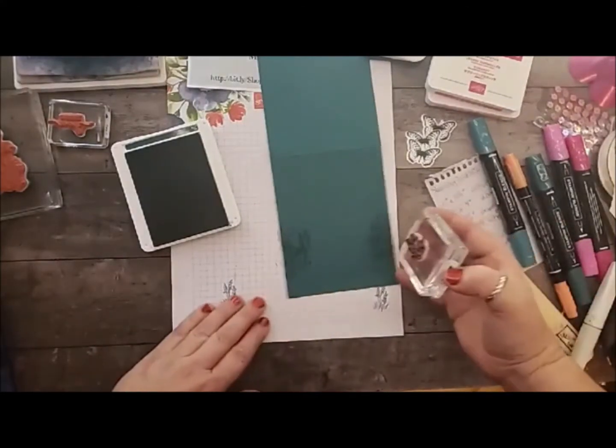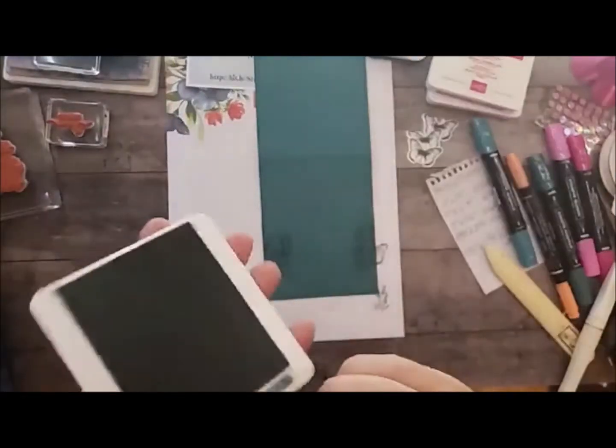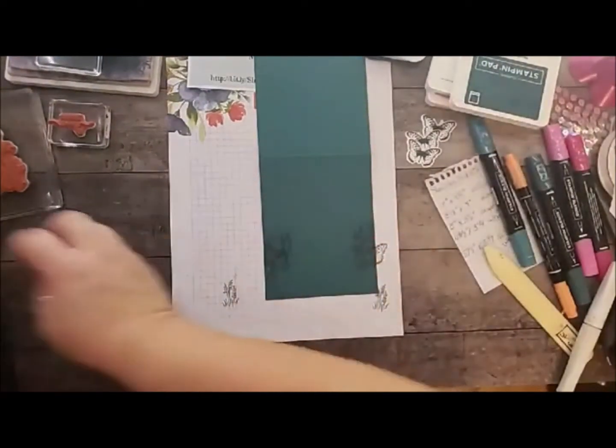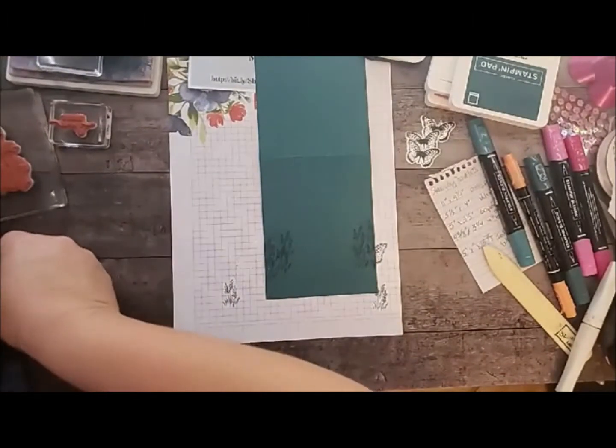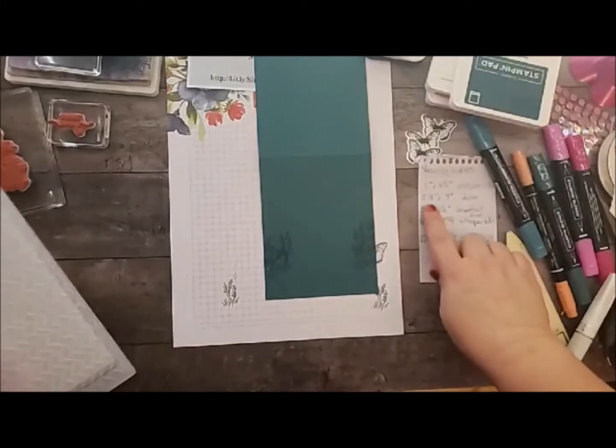Just like that. Isn't that pretty? So pretty. It's just a little bit, so you can't really see it, just on the edges. I don't know why, I just like the way that looks going off. And then we're going to cut a piece of the vellum cardstock, and again, it's the 5 1/8